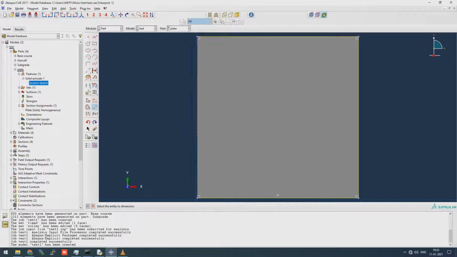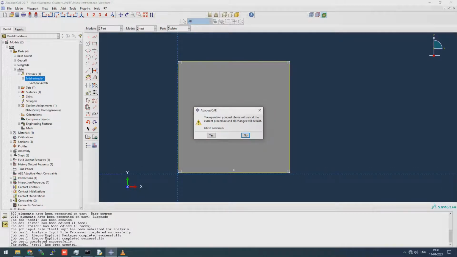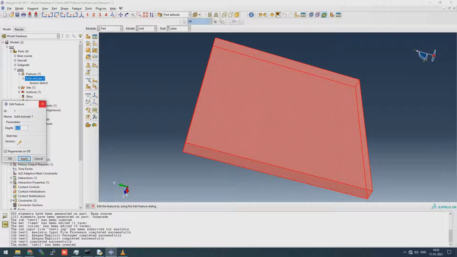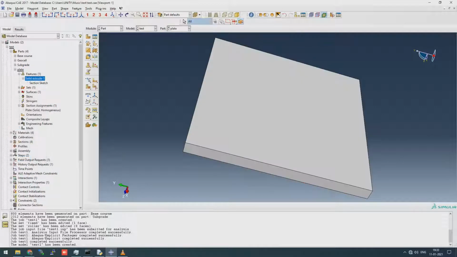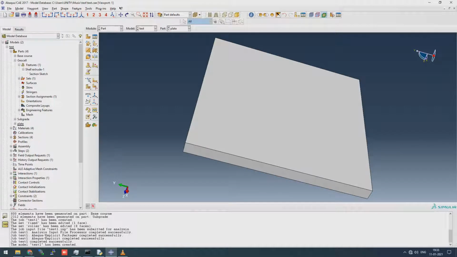So the area of the plate is smaller based on the plate load test, that is 0.3 meter or 30 centimeter, as you see. It is a square plate, 30 centimeter by 30 centimeter. And we'll go to solid extrude, and we'll see that the thickness is 25, but here we have taken 0.02, that is 2 centimeter thickness of the plate. And these three are very easy parts, rectangle parts, square parts of our model.